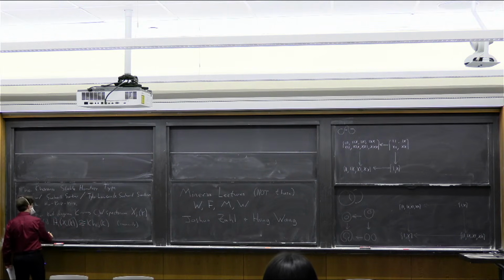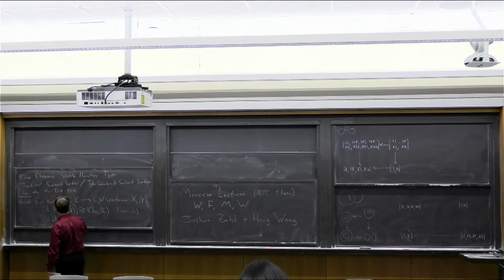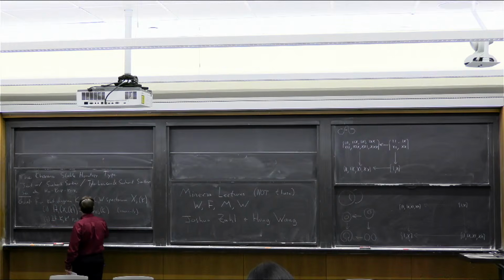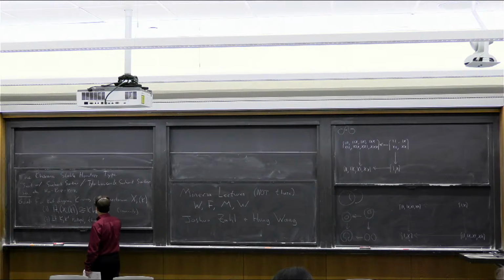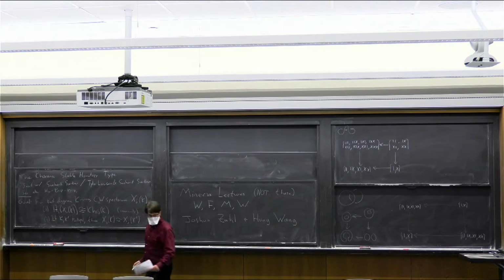And two, if K and K prime represent isotopic knots, so I'll just say isotopic, then X_j of K is homotopy equivalent to X_j of K prime. So